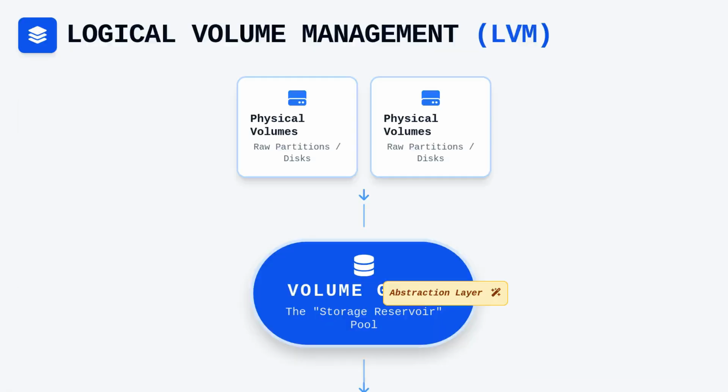Logical Volume Management, or LVM, provides an abstraction layer that allows you to treat storage as a pool of resources rather than fixed physical constraints. This architecture starts with physical volumes, which are the raw partitions assigned to the LVM subsystem. These physical volumes are aggregated into a volume group, effectively creating a storage reservoir that can be expanded or shrunk as needed. Within this volume group, you define logical volumes, which behave like standard partitions but carry the distinct advantage